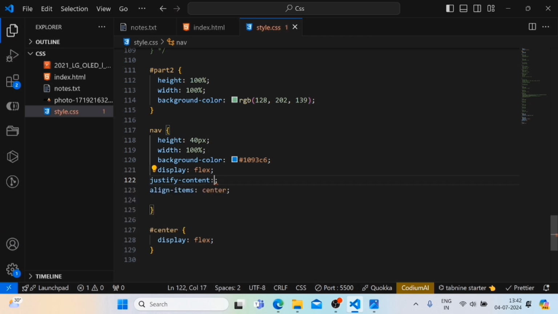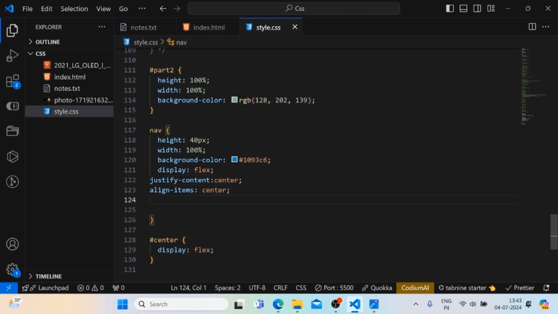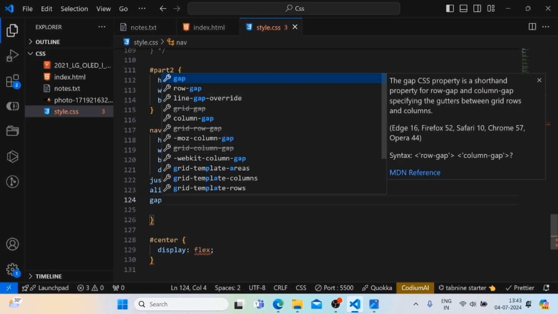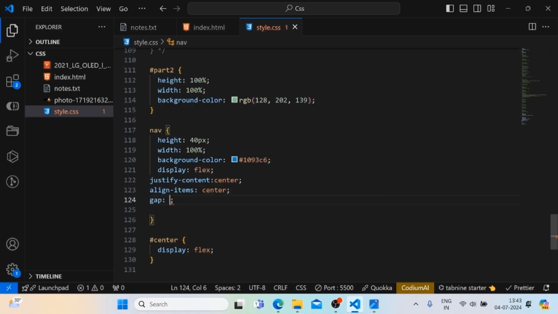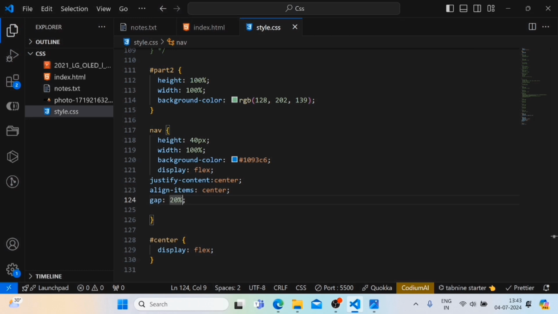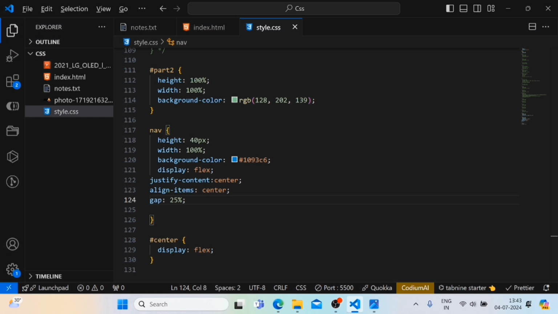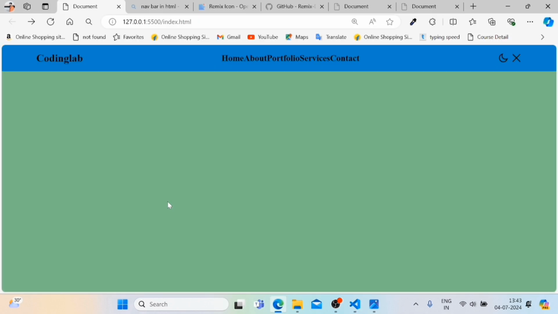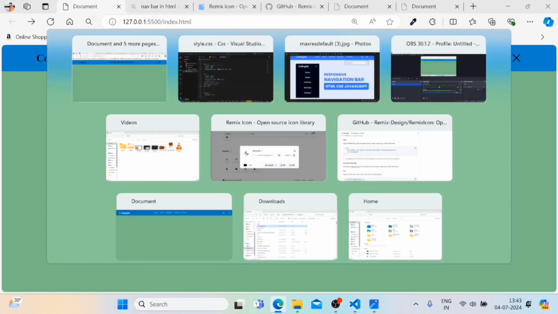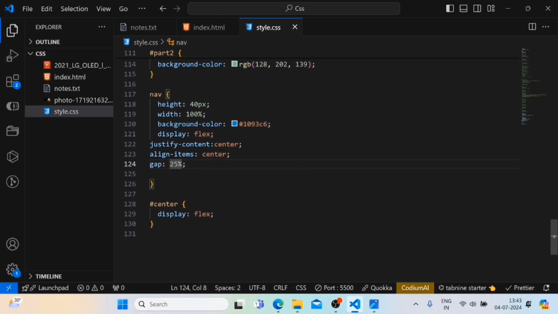So we'll give here justify content center to bring it at the center, and now we will separate it by the gap property. So here let's give gap 20%, 22, yeah, now it's perfectly fine. And here at the center,